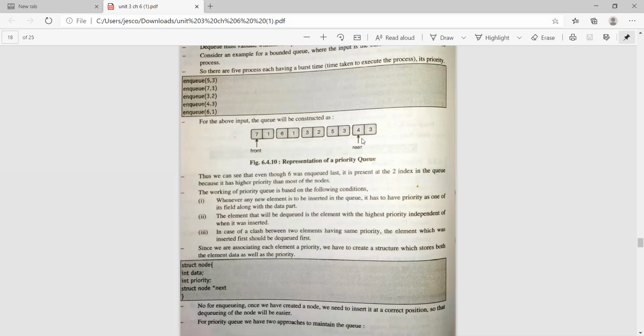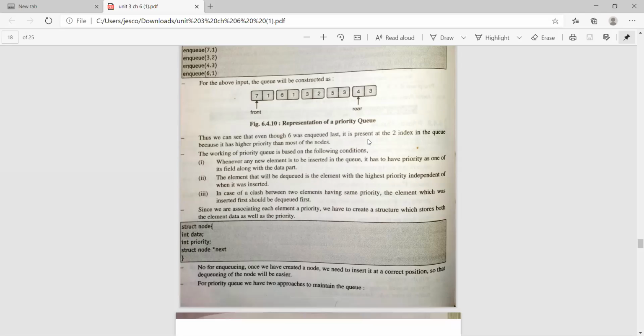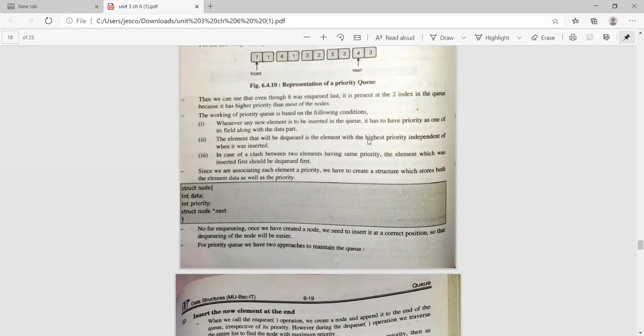So 4 is added at the last; this is the front and this is the last element, that is the rear element of the queue. Thus we can see that even though 6 was enqueued last, it is present at the second index in the queue because it has a higher priority than the other nodes. Higher priority means first priority.